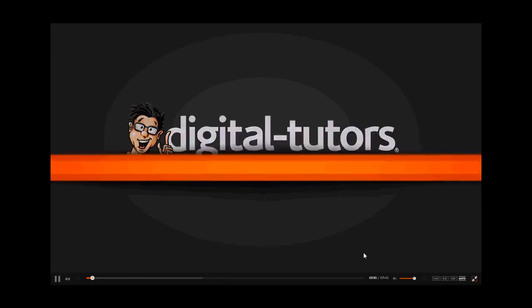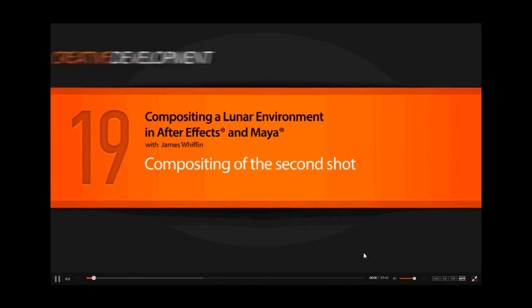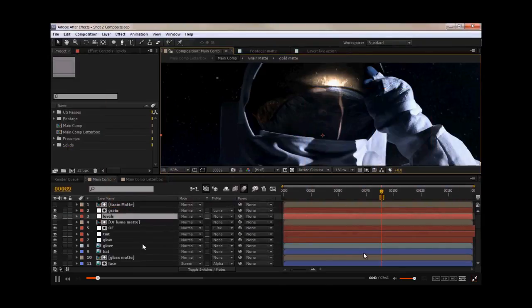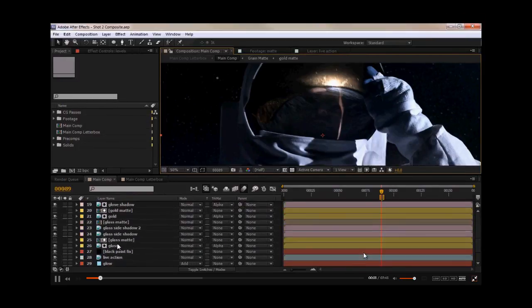In this lesson we'll do an overview of how shot 2 was composited inside of After Effects. Here's the finished shot right here, and I think it looks really nice. Let's go through all these layers that we have, see how this was composited, and we'll start with the